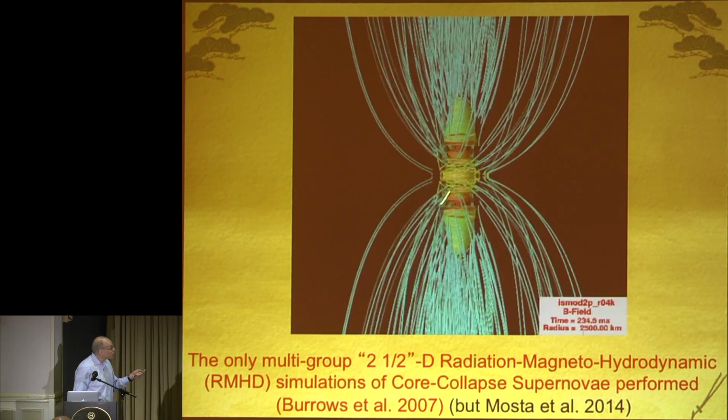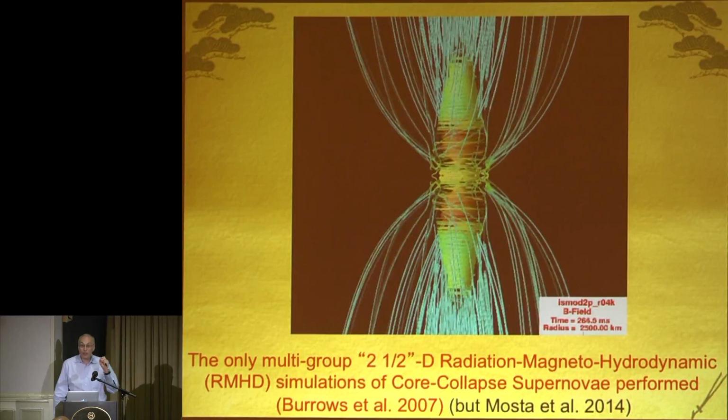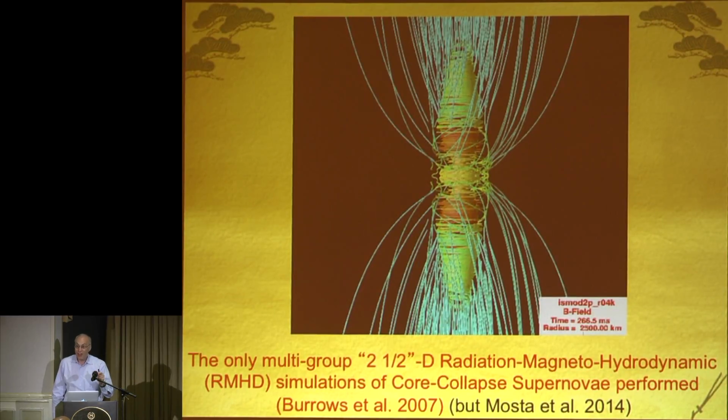With this sort of thing in rapid rotation, you can get to 10^52 ergs. The neutrino mechanism, back of the envelope or in detail, has never been shown to be able to get up to those energies. So MHD may be crucial for the most energetic of the explosions that we know and love.